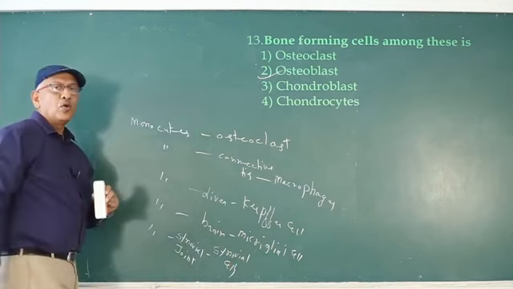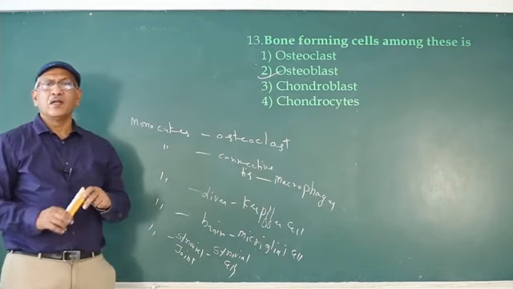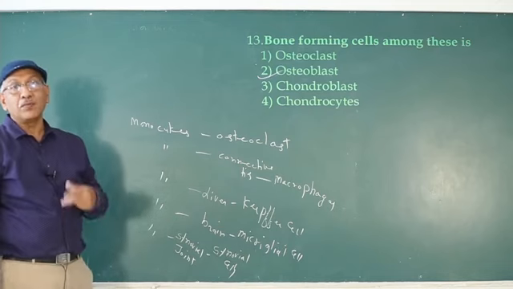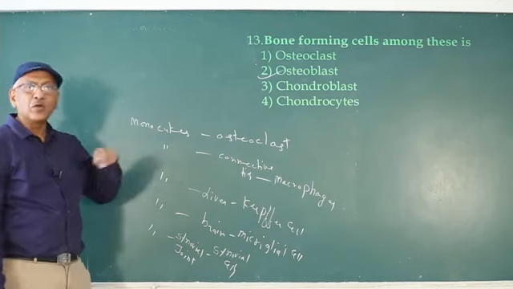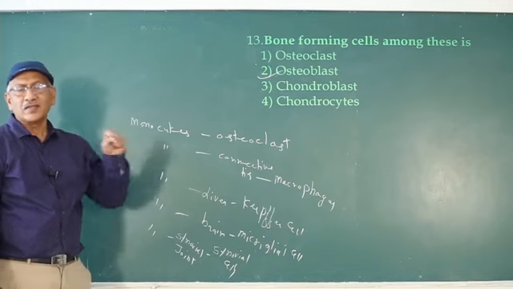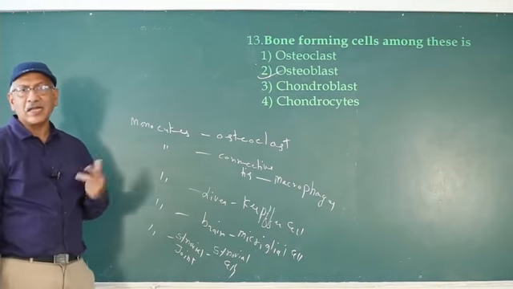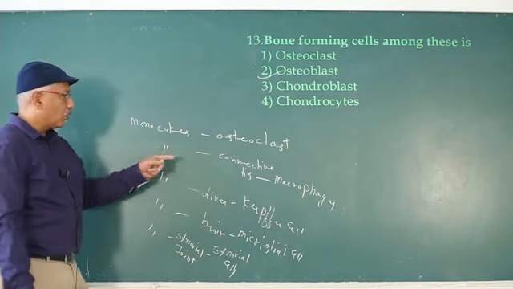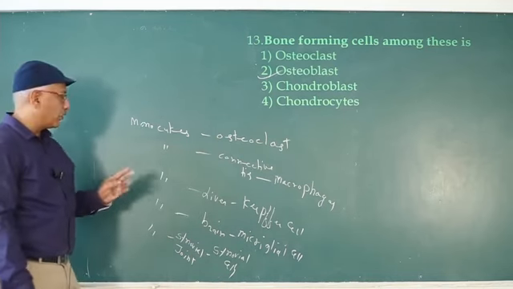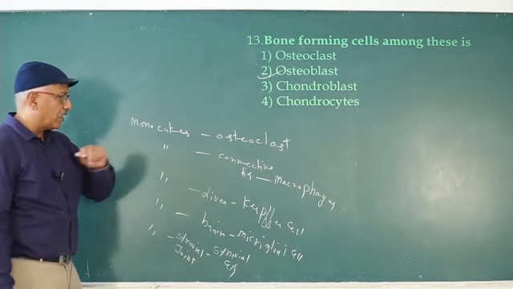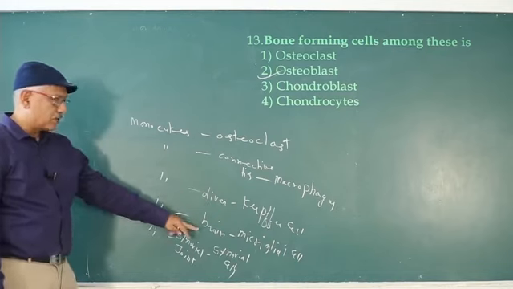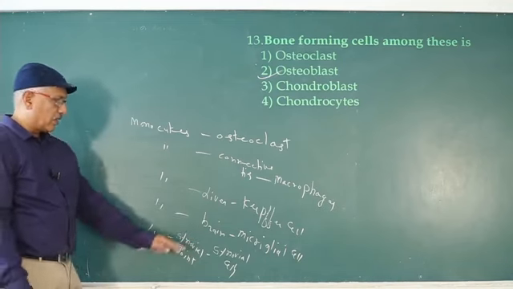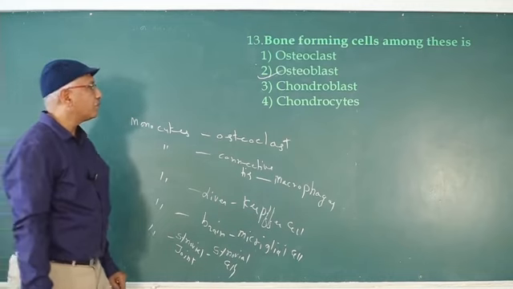Monocytes enter into various organs. They engulf microorganisms, pathogens. That's why they are phagocytic in nature. Phago, feed, cytic, cell: they engulf the cell, cell eating. Monocytes present in the bone, osteoclast. In the connective tissue, macrophages. In the liver, Kupffer cells. In brain, microglial cells. In synovial joint, synovial cells.